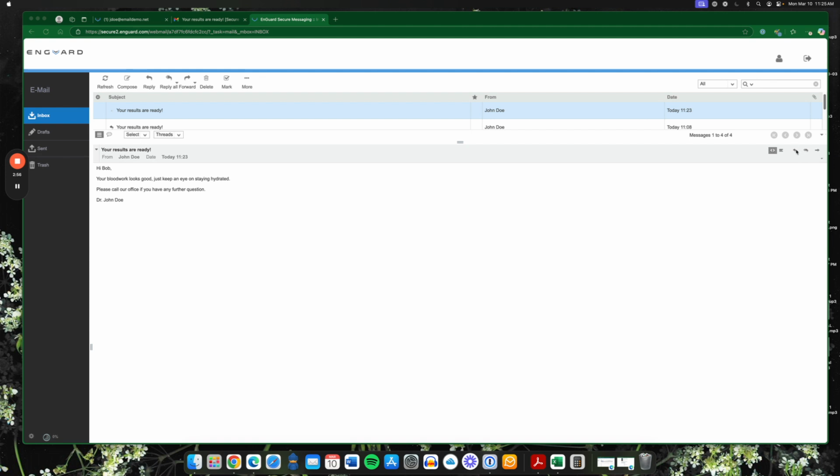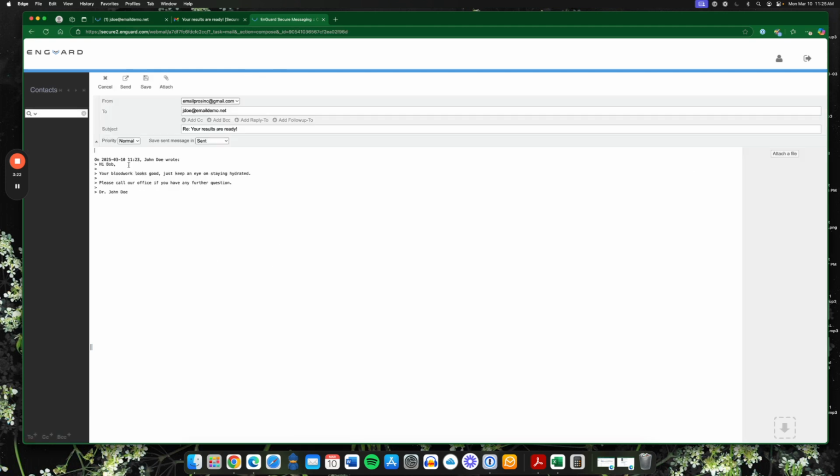Bob. So we're going to reply as well. They can reply back to you, and this is secure. They can also draft a new email via the compose button here to start a new message to send to you securely as well. All replies or messages from the recipient sent from our secure messaging system will arrive in your inbox as clear text. So as an example, here we are replying saying thanks doc, exclamation point,